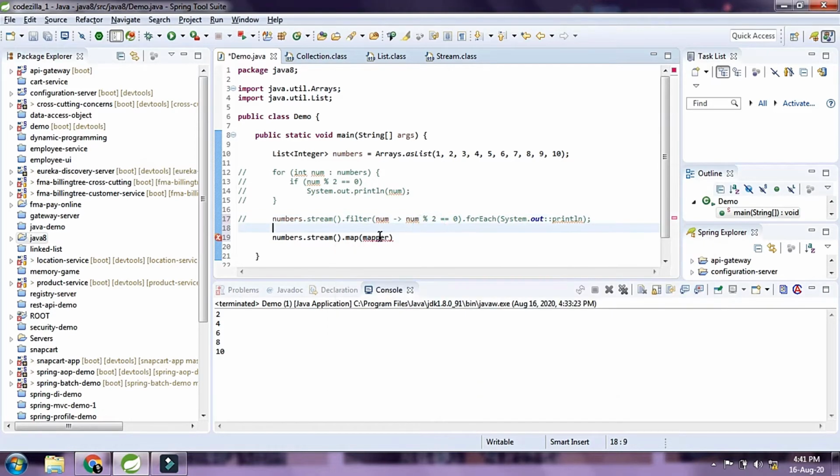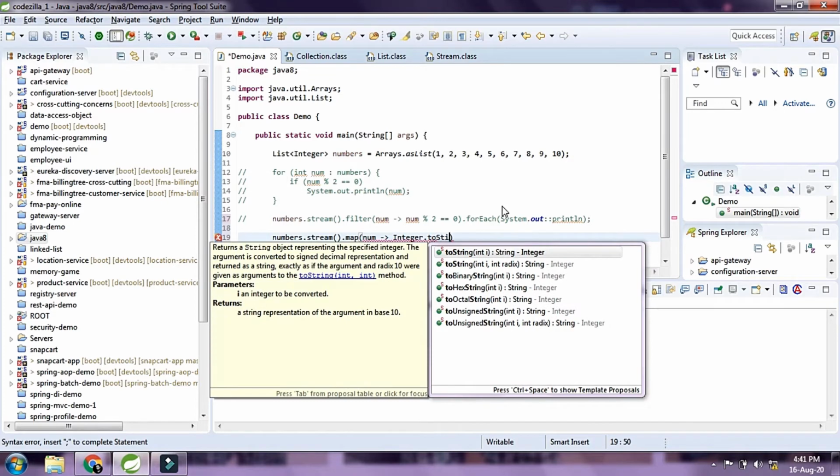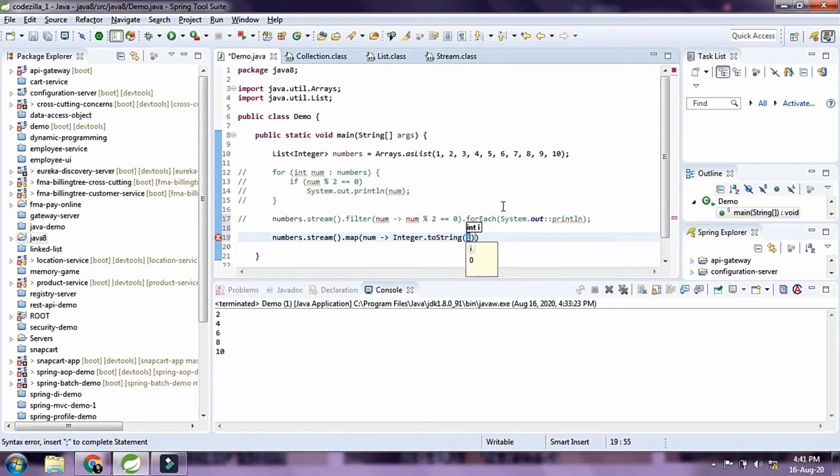So what we are going to do here is convert the numbers or the integers into a string. So I'm going to say num, and Integer.toString, and we're going to pass in num, so that's going to convert num from an integer to a string,